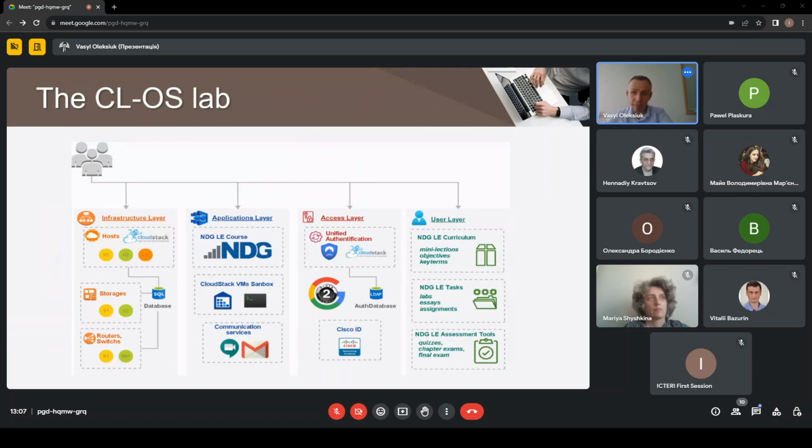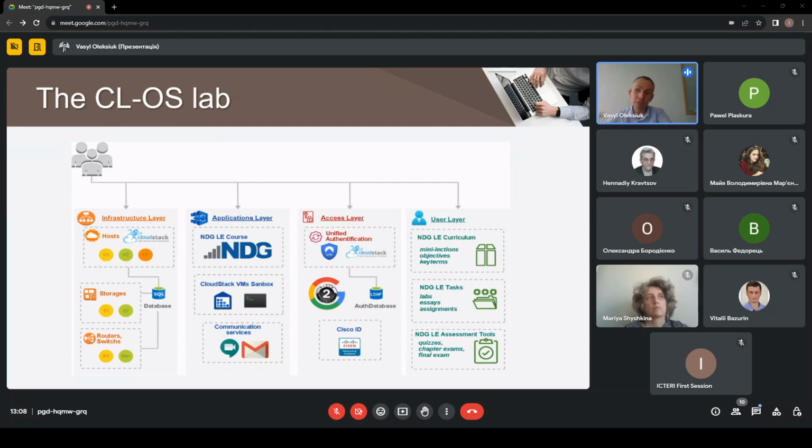The cloud lab implemented the following technologies and educational resources. You can see them on the slide: a graphical user interface, mini lectures from the original MOOC course NDG Linux Essentials, tests for students' independent work, public cloud services such as Google Workspace for Education or Microsoft